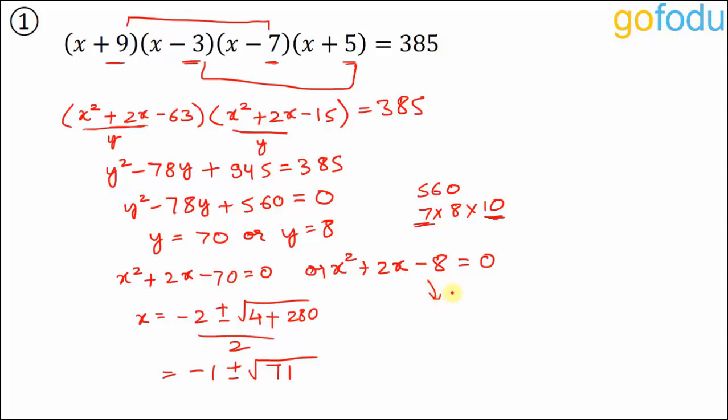And from here, think of two numbers such that their product is minus 8 and sum is 2. The two numbers will be minus 2 and 4. So x will come out as 2 and minus 4. So these are the four values that we will be getting, 2 from this quadratic equation and 2 from this. Just remember, the important thing here is to figure out the brackets which are going to be multiplied together, and for that you will have to add these constants and see which two pairs give the same sum.